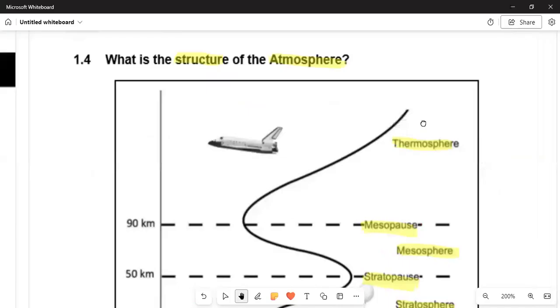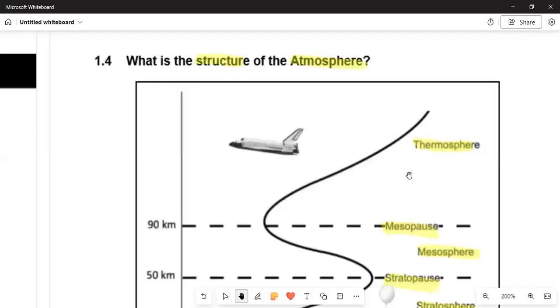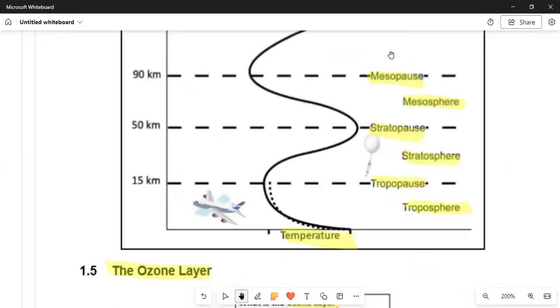The structure now of this atmosphere. What is the structure of the atmosphere? Remember that the atmosphere consists of the thermosphere. With thermosphere, it talks to us about the temperature. It is very high, and it is above 90 kilometers at the top. And then in the 90-kilometer range, we've got the mesosphere, which is above now the stratosphere. So we are saying that at 50 kilometers in terms of the height, we've got the layer which is called the stratopause of the stratosphere. Later, we've got the tropopause, and then underneath, we are having the troposphere. So we need to understand this concept.